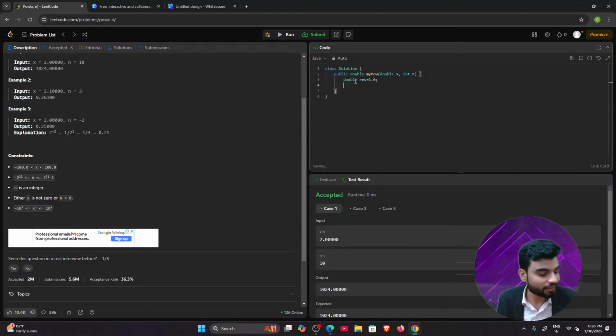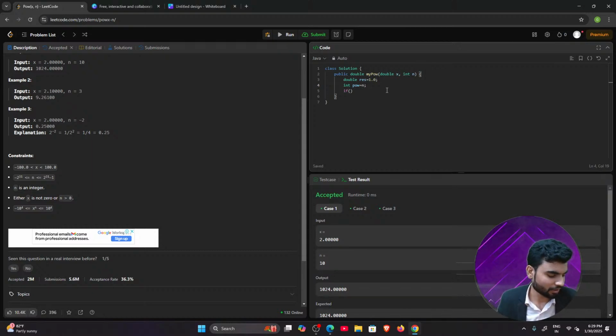Now again, what if the number is negative? If the number is negative, we have to keep a record. Yes or no? So I can make a duplicate of it. There is one problem also I will show you, but not now. Let's say I'm assuming power is equal to n, because we know that n was the power. I'm copying this because by saving the original number, I don't want to change it.